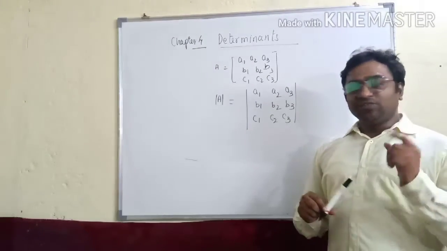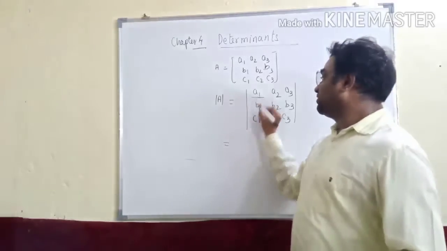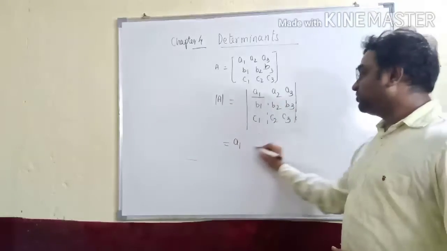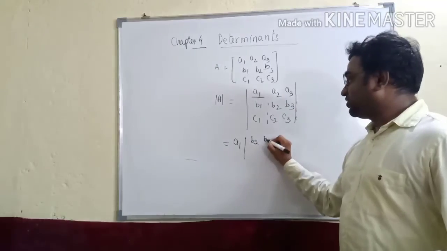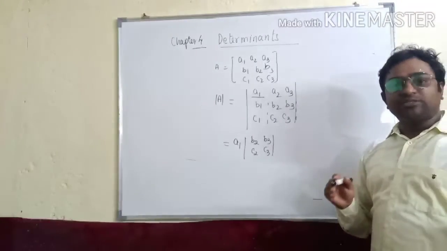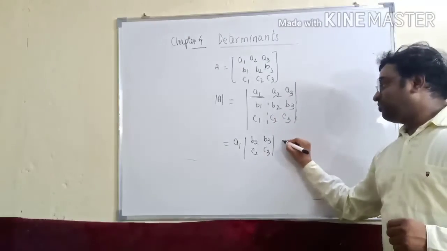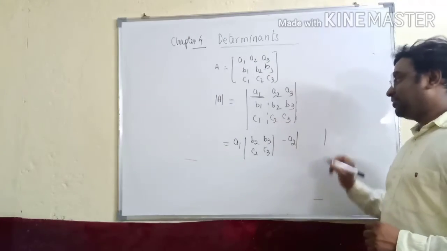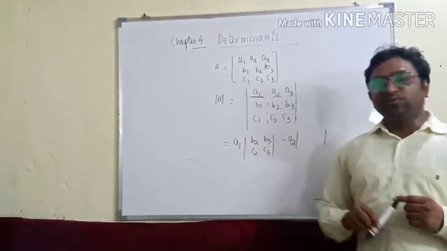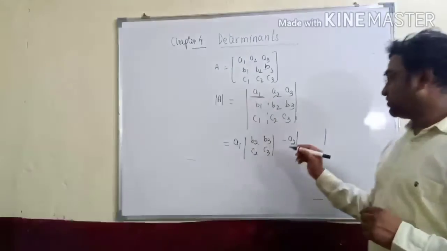The determinant value of this 3 cross 3 matrix will be somewhat complicated, but it will be easy if you go for the direct expansion method. In the direct expansion method, what do you write? You have to write A1 here, and these two values will be in one determinant: B2, B3, C2 and C3. Here we are going for expansion row-wise. So this term is the first row, and the second term will be negative A2, as the middle term is negative in expansion. I will tell you the reason when I teach you the adjoint of a determinant. So this is the way.